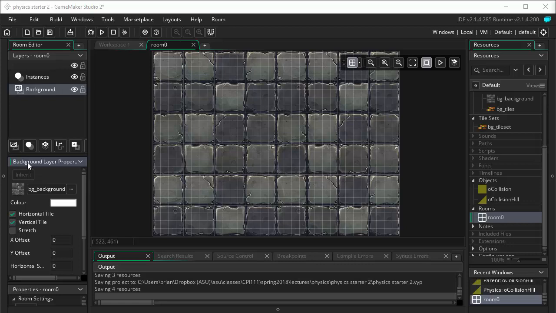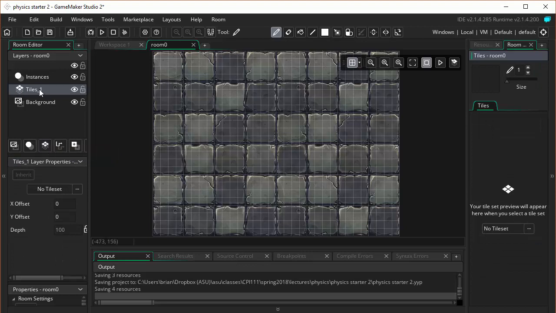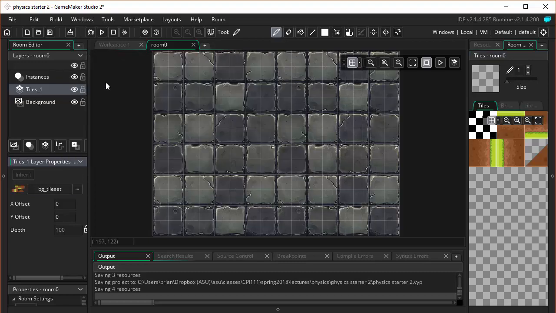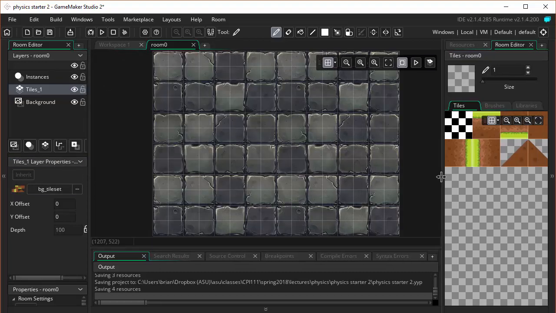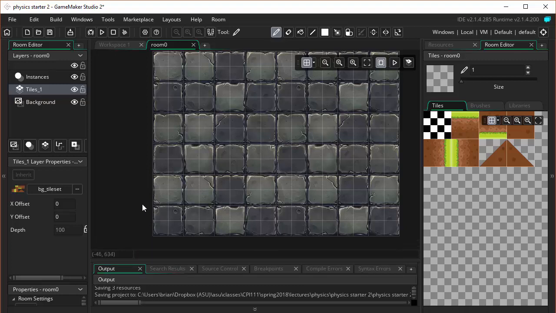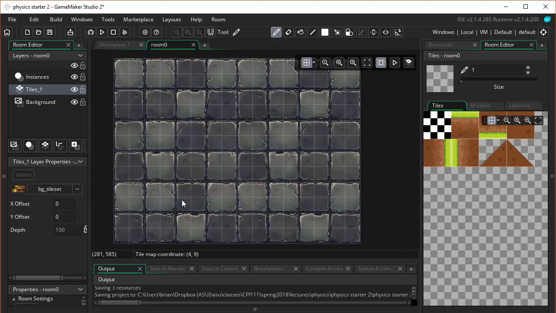Let's create a tile layer. And I'm feeling lazy, so I'll just leave it named as it is, but I'm going to select the tile set that I've created for you in the starter project. And then what I want you to do is spend a few moments going through and laying out the design for a